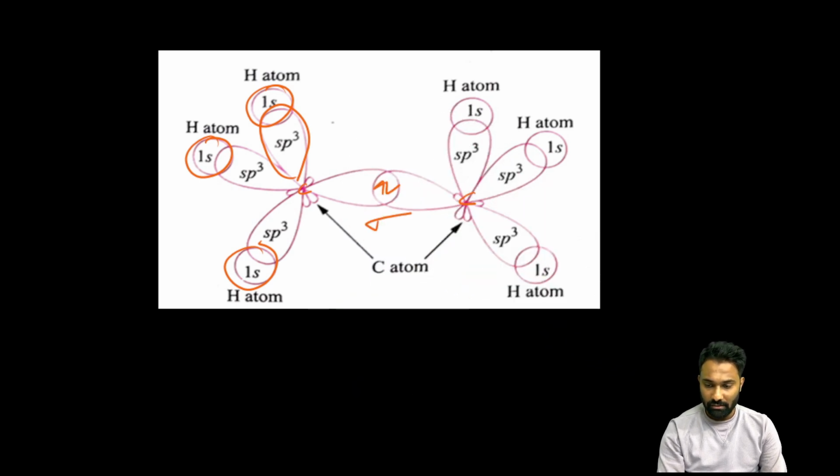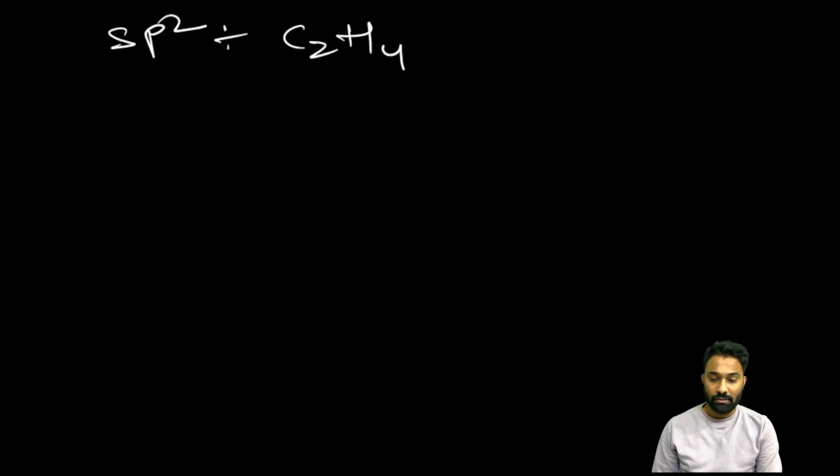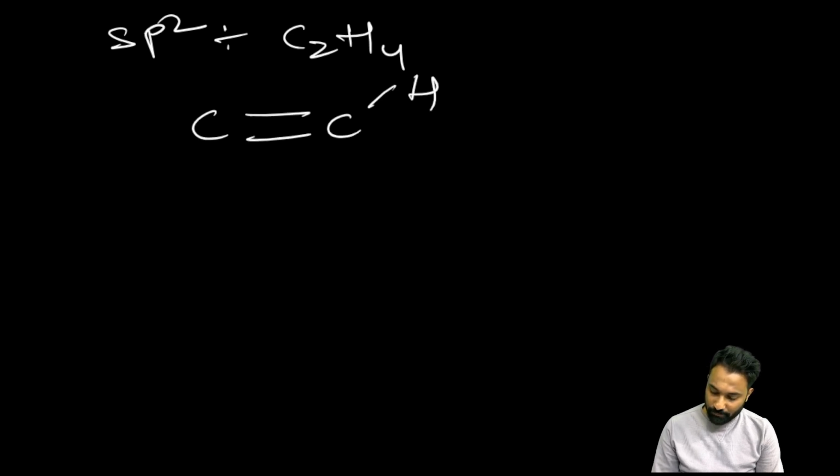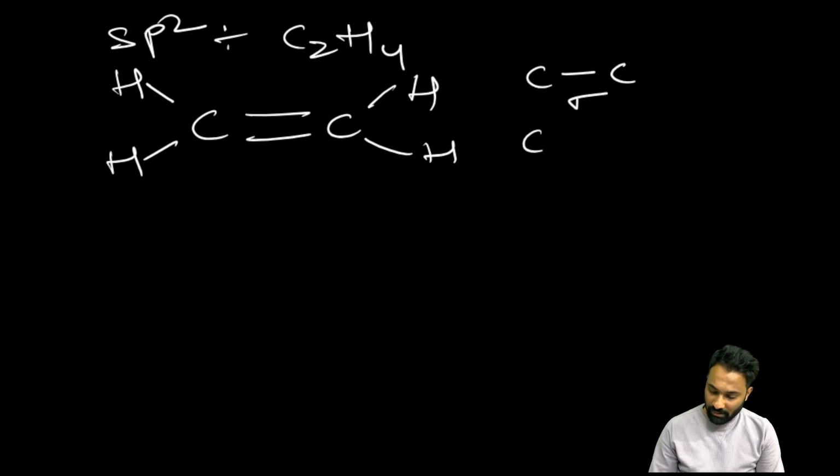Next we will move to the sp2 hybridization. In the sp2 hybridization, we are taking the example of C2H4. Now in this C2H4, we have one carbon-carbon sigma bond, one carbon-carbon pi bond, and four carbon-hydrogen